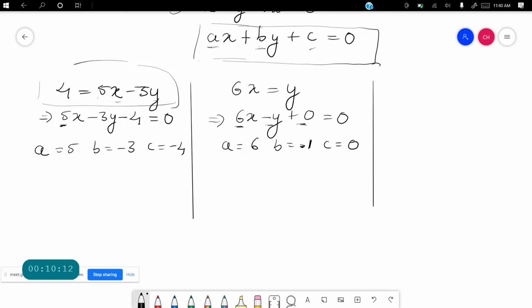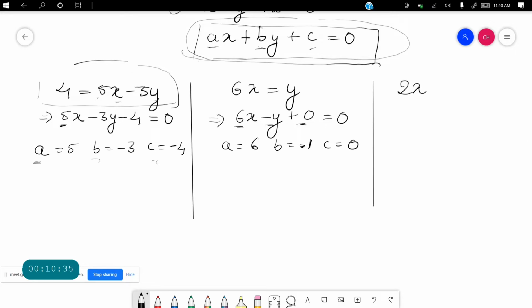When we rewrite that equation considering the x factor, y factor and the c factor, it will come into this general form. When it comes into the general form, we can find out the values of a, b and c, like we did here. Now I will give you an example. Try to recognize the a, b and c in that example.